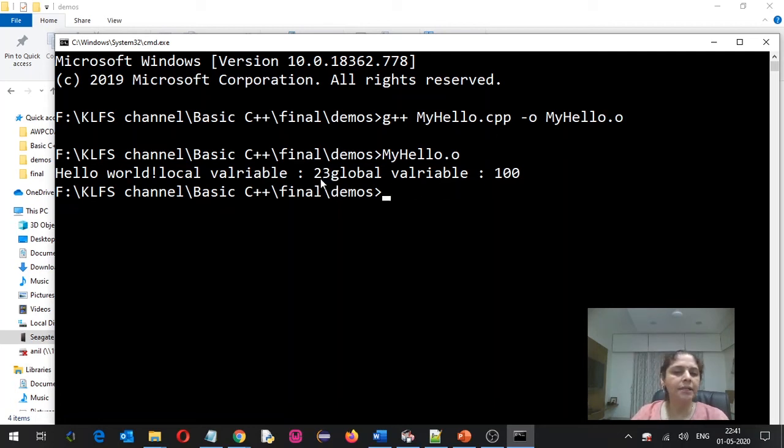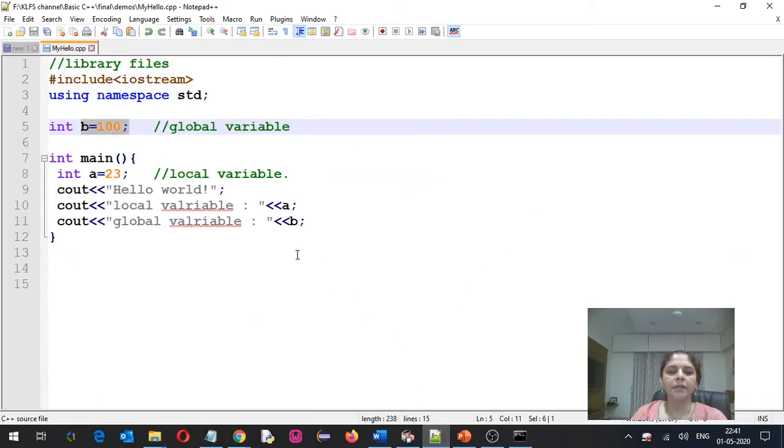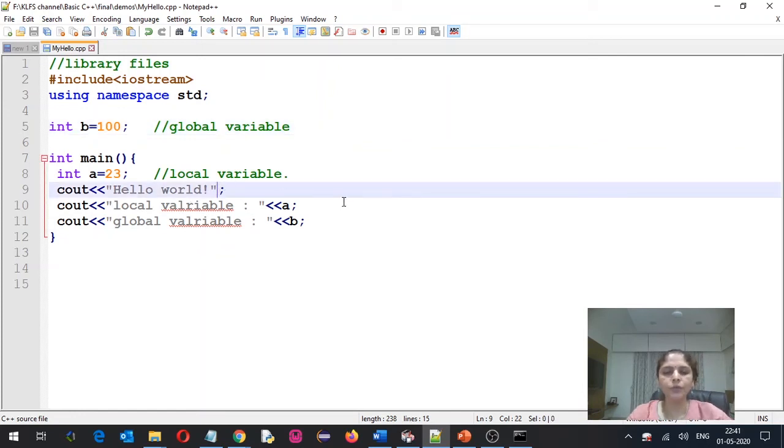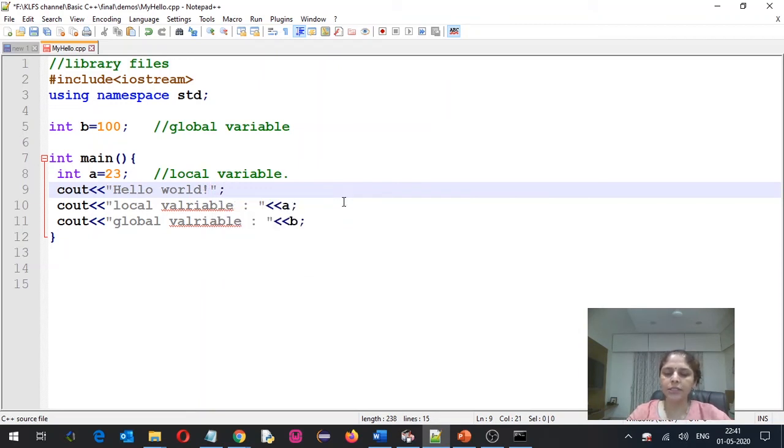So I can see the value of the local variable, and I can also access the global variable inside the main method. But have you noticed that the entire text is coming on a single line? I don't want to see it on a single line. If I want to display text on the next line, usually we use \n in C. \n indicates a new line, but it is not suggested to use \n in C++.